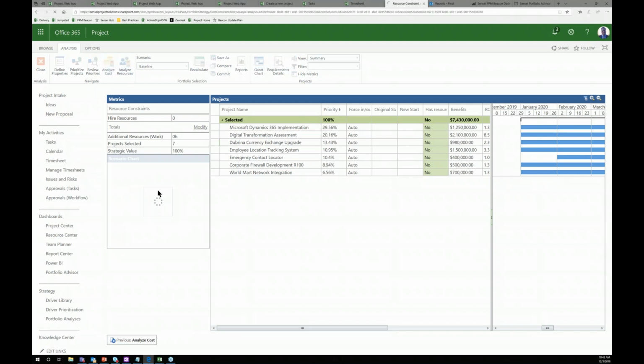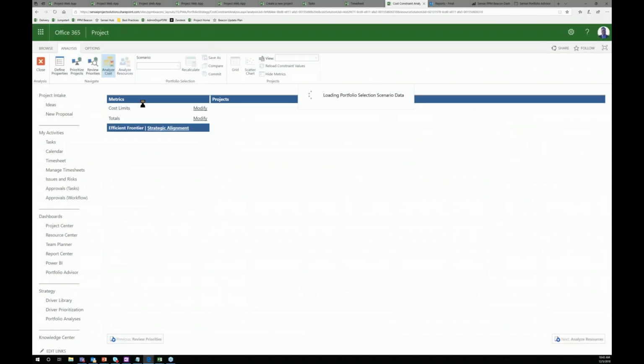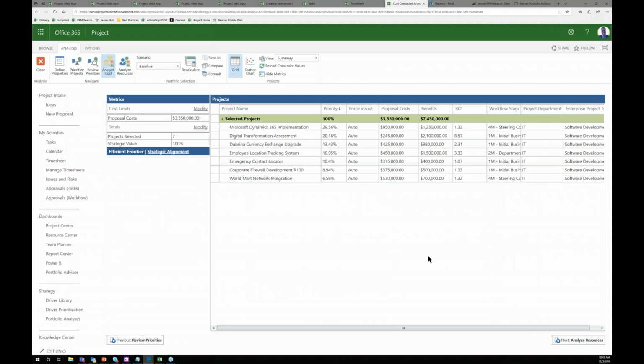So you can analyze the cost of a particular portfolio and say, okay, if I had $3.3 million, I could do 100% of these projects. But if my CFO tells me that I've only got $2.5 million,